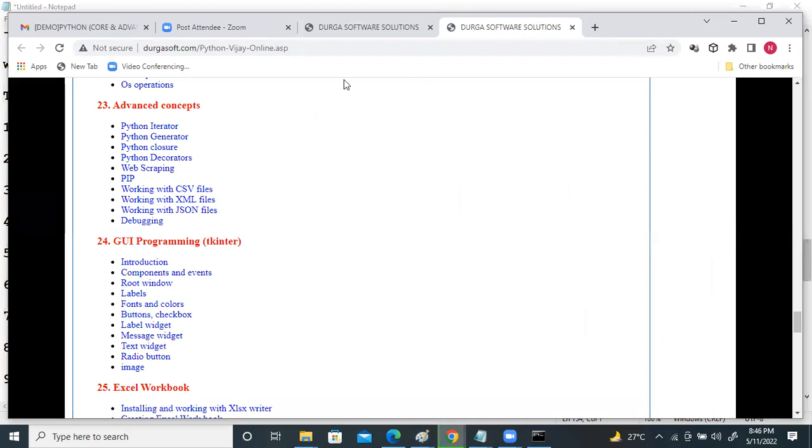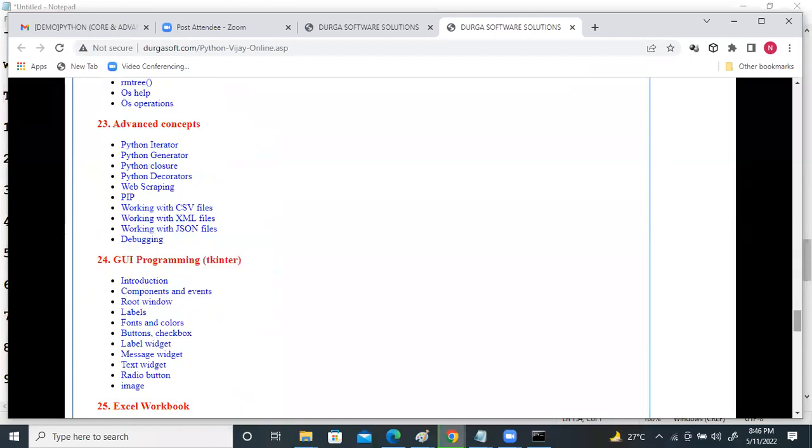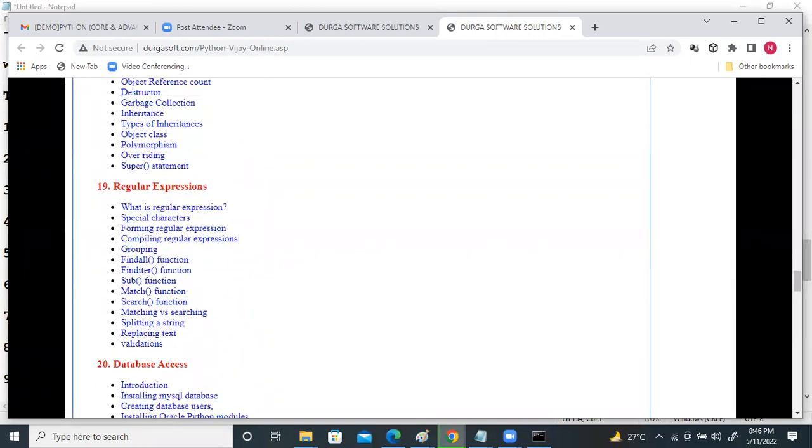Vijay, regarding regular expression, will you teach us regular expression with Python? Yes, I said regular expressions, you got it. My requirement is that I have to extract data from text format to Excel or a web page. Those are very small tasks.